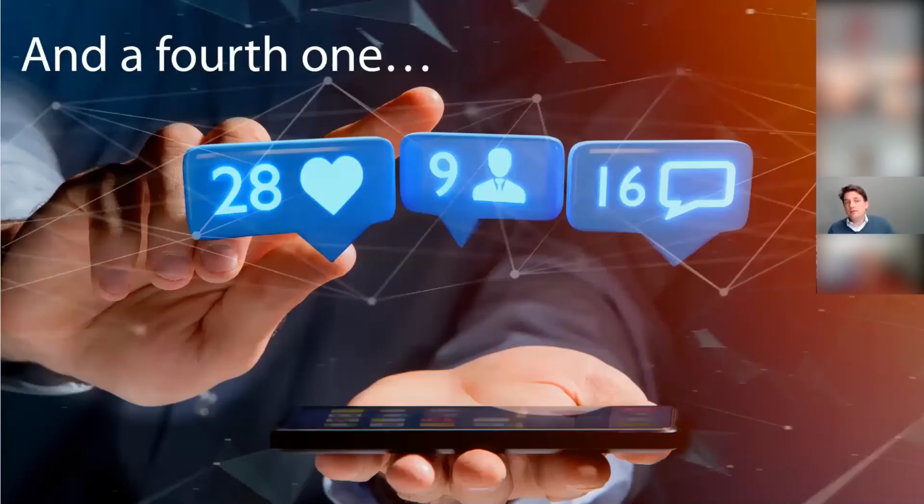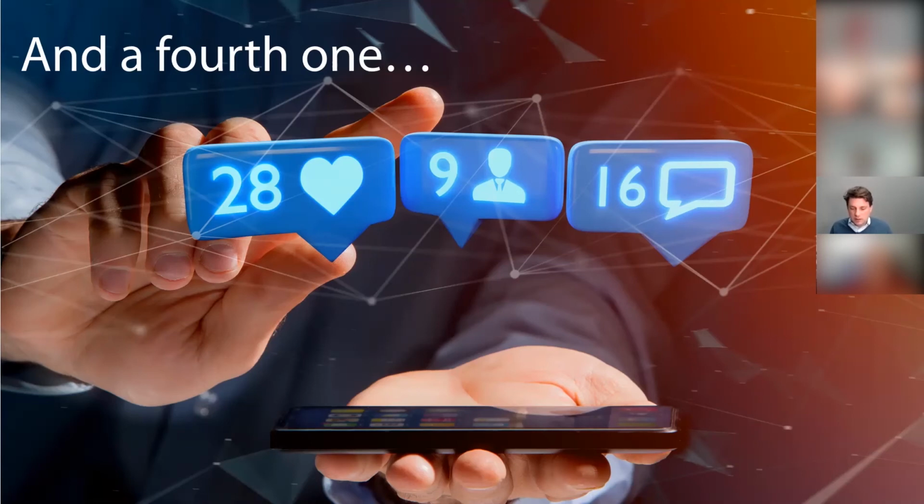And then finally, there is a fourth one, and that is to follow, to like, and to comment on other people's content. So when you're on Twitter, when you're on Instagram, you will probably be familiar with hashtags where you can follow certain topics that are related to what you have to offer. So you can see what other people are posting. You can also follow people who are important or influential in your area. And whenever they post something, you can like, you can comment on what they're saying, you can add your own opinion to that. And by that, you will take part in the social media conversation, and obviously you will also be seen and be seeable.